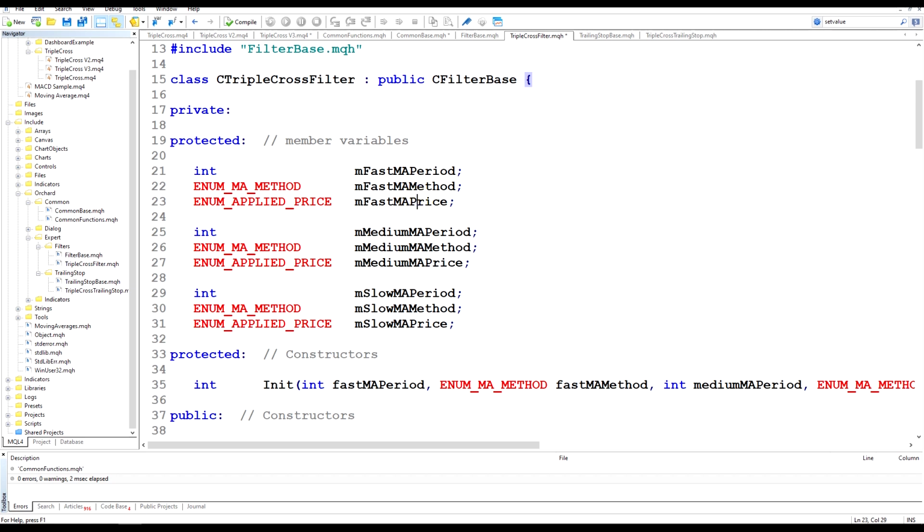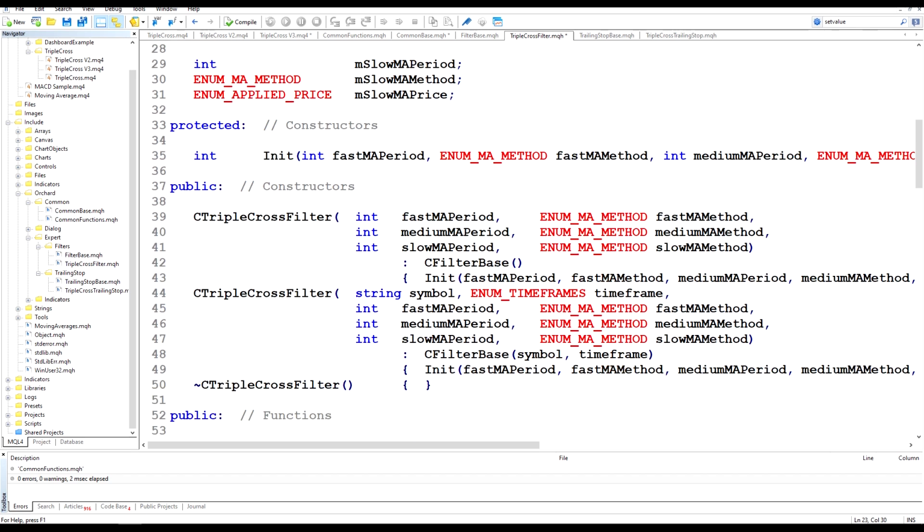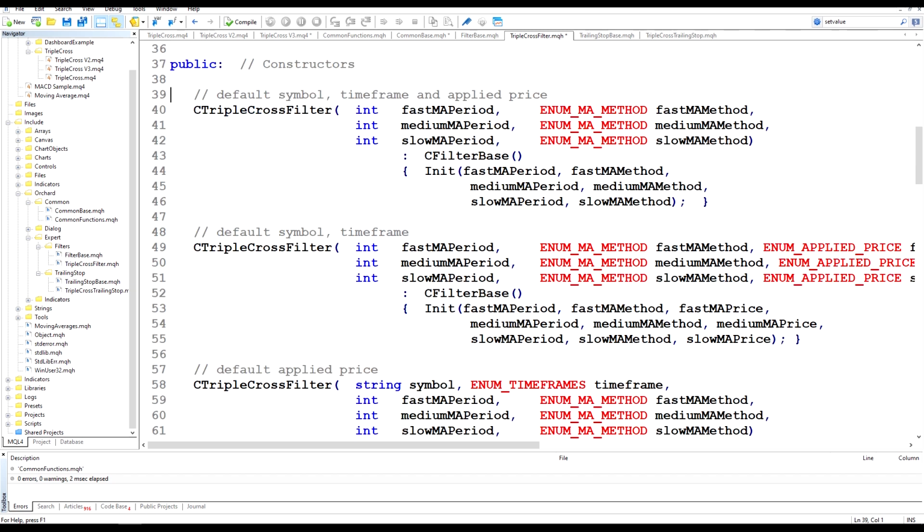But I also want to maintain compatibility with the V2 EA, which did not pass these values in. So that means that where previously I had only 2 constructors, I now need to maintain those 2, accepting the same values, but add 2 more constructors that accept the close price value, or that accept the moving average price values. I've labeled each of these methods to make them easy to identify. The first takes the default symbol and the time frame, so you can see there is no argument for symbol and time frame here,